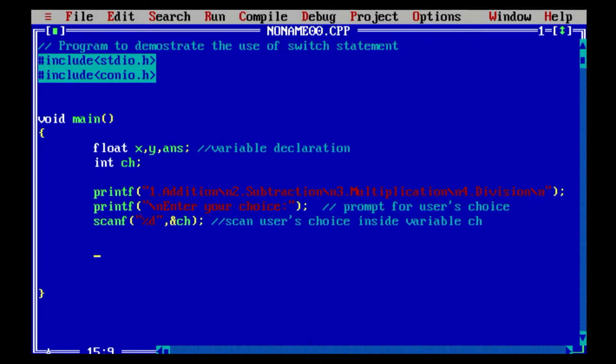After that, we have to read values for the arithmetic operation and store them inside variables x and y.